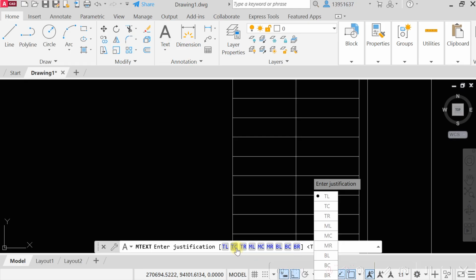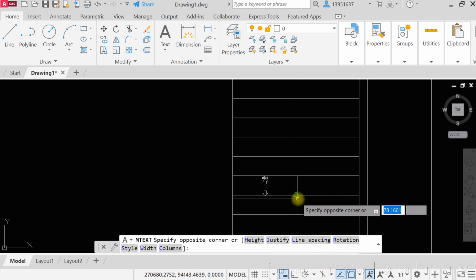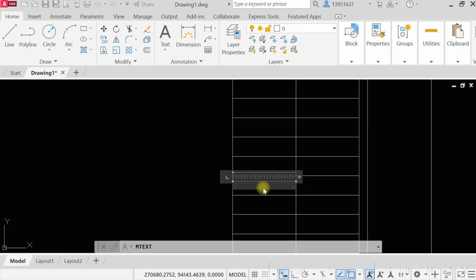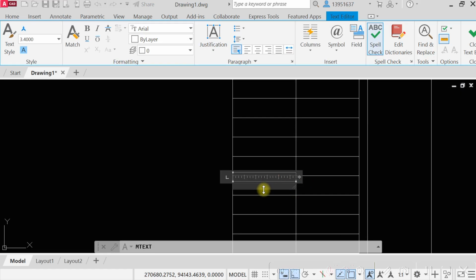The second one is top center, top right, middle left, middle center, middle right, bottom left, bottom center, bottom right. So I'll choose middle center, just like that, and I'm going to select my second point right there. Then I'll add the text like this: